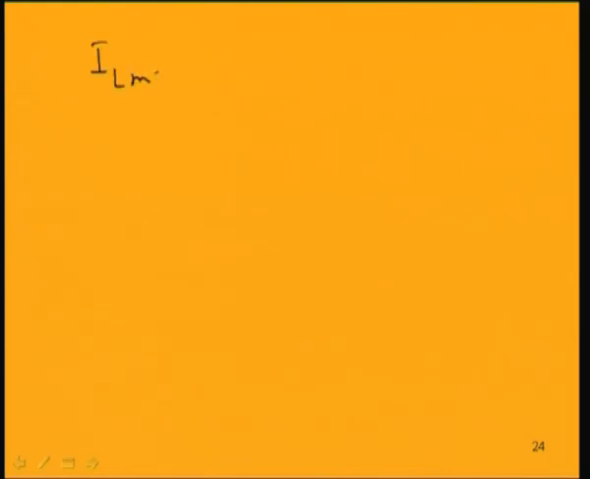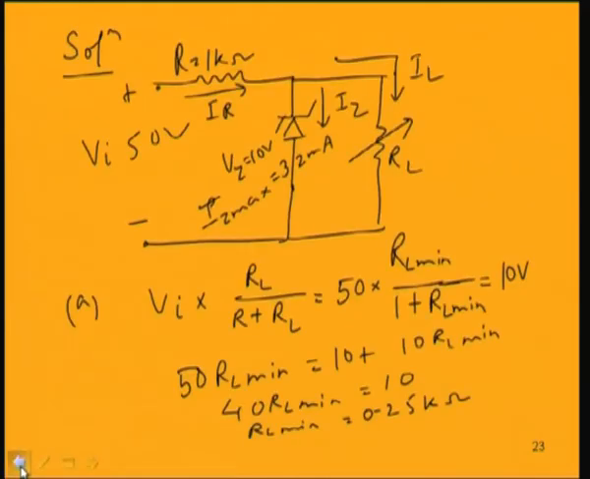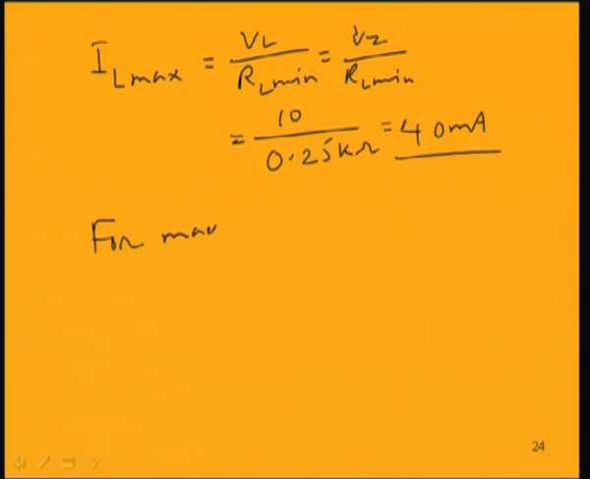for that condition we will get maximum load current, and maximum load current is VL by RL minimum. VL is nothing but 10 volt, VZ. So, 10 divided by 0.25 kilo ohm that we found gives 0.04 ampere or 40 milliampere. 40 milliampere is the maximum load current, and for maximum this is the minimum RL. Minimum RL we found to be 0.25 kilo ohm or 250 ohm, and for maximum